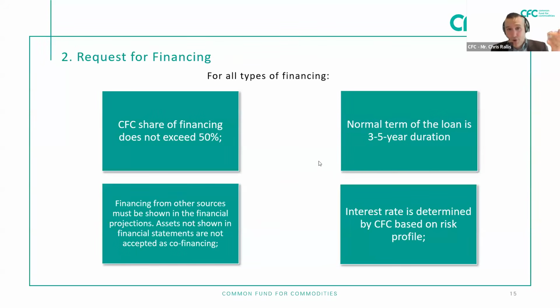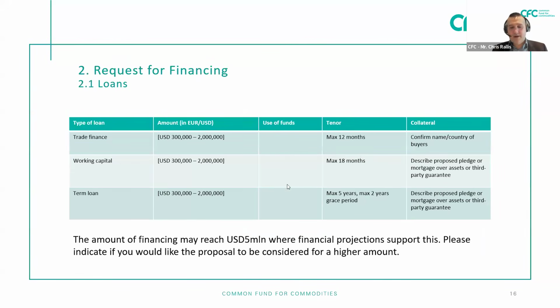Now, probably you will ask me, Chris, at the moment that we're submitting the application, we don't have this information, or the activities that we are requesting financing for are planned for a year ahead. Yeah, this is fair. What you can do there is actually provide us with an indicative list of clients. So we work with 1, 2, 3, 4 clients in those countries. That is sufficient at this stage. Why is this important?